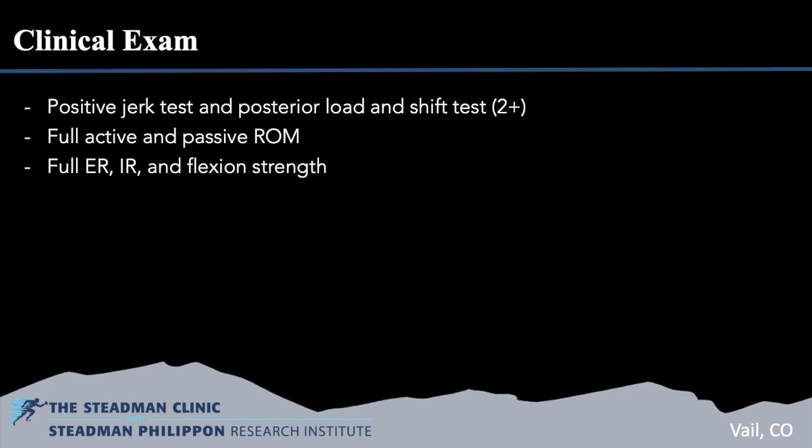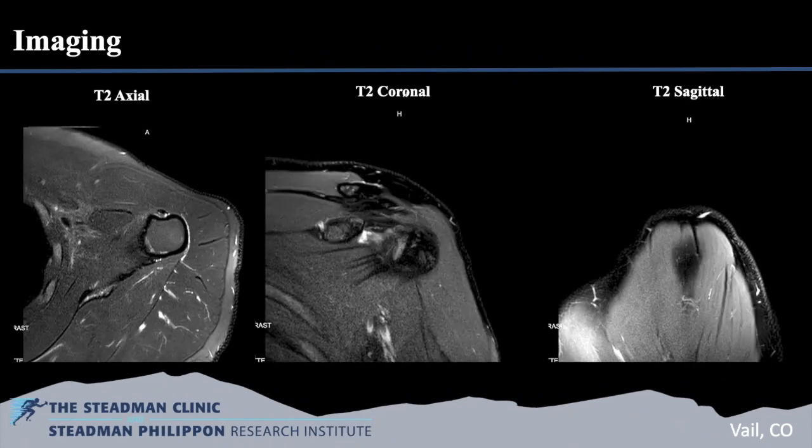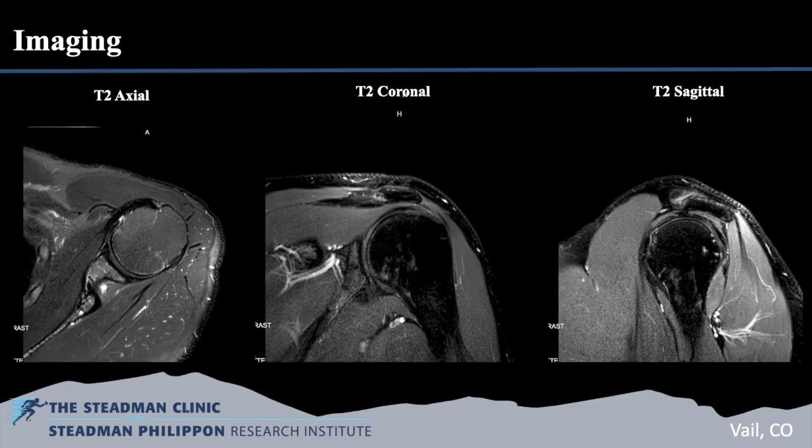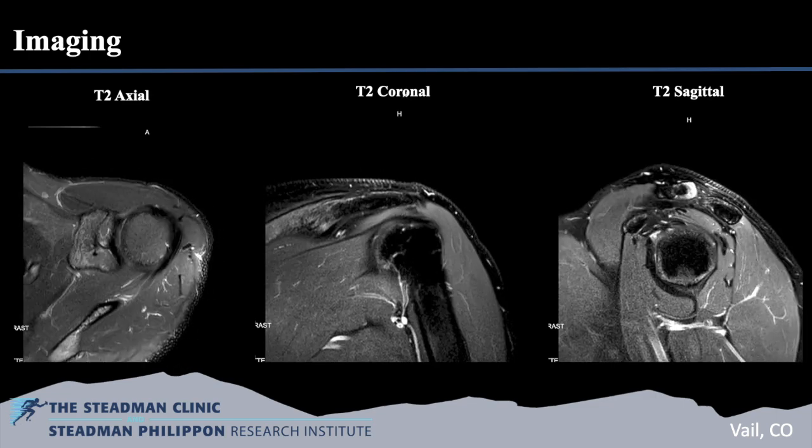Examination of the shoulder demonstrated full active and passive range of motion and full strength on rotator cuff testing. Special testing was notable for positive jerk and grade 2 laxity with posterior load and shift testing. Selected MRI cuts demonstrate a posterior labral tear without significant glenoid dysplasia or glenohumeral degenerative changes and no signs of